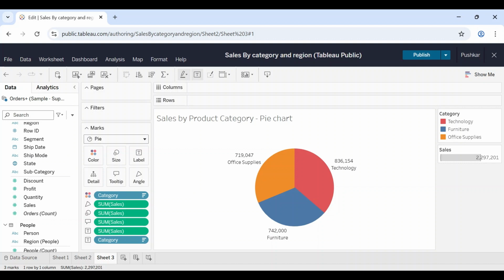So before we wrap up, it's important to understand when pie charts work well and when they should be avoided. Use pie charts when you want to show part-to-whole relationships. For example, what portions of total sales come from each category. They are most effective when comparing a small number of categories, ideally five or fewer, where differences between slices